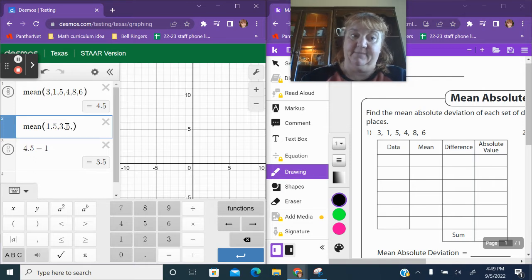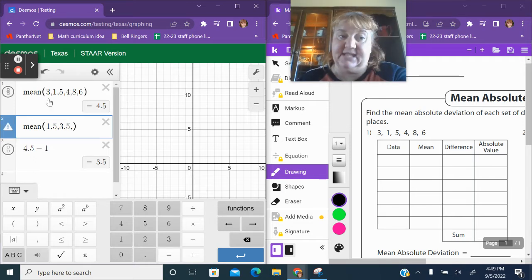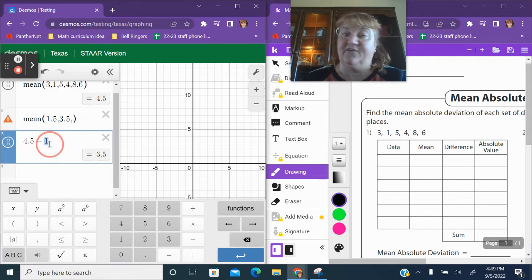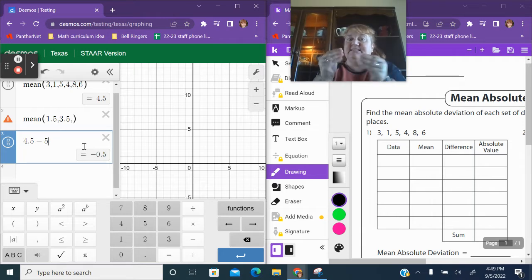I'm going to put a comma. My next difference, see, I took away the 4.5 minus 3, 4.5 minus 1, 4.5 minus 5. Now we're going to take away 5. And don't worry about the negative because this is absolute value. So you just take the negative away. So I just put in